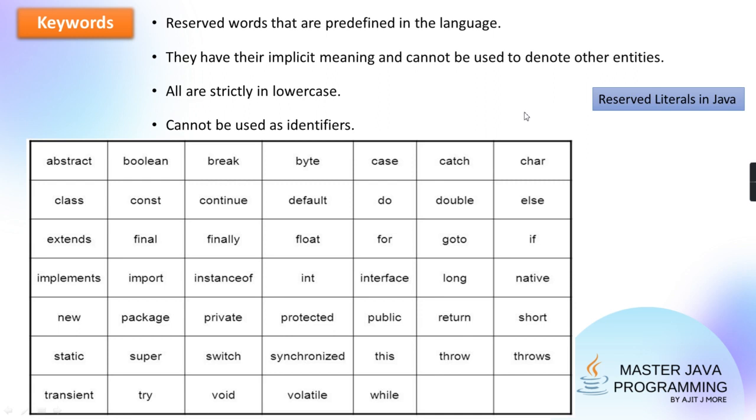So the keywords, I hope you got it. And there are some reserved literals which are keywords also, but they have a value also, and that's the reason they're called literals. Literals means those which have some constant value. So there are some literals which have a value and are reserved also. Three are there in it. Two are for boolean, that is true and false, and one is for the reference, meaning it is not referring anywhere. You'll put this null.